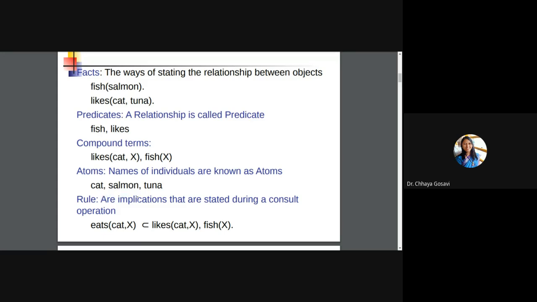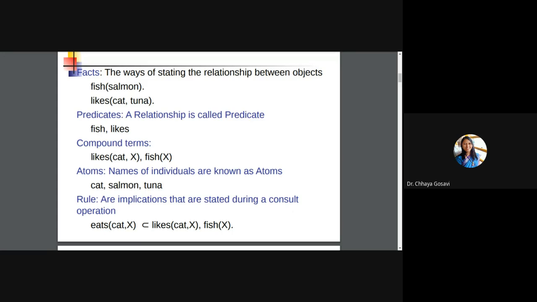A rule states implications during the consult operation. So if cat likes that particular object, can cat eat that? Eats cat X implies likes cat X and X is a fish. So if cat likes that particular atom, and if that atom is from the list of fish, then you can say that cat eats that particular atom.